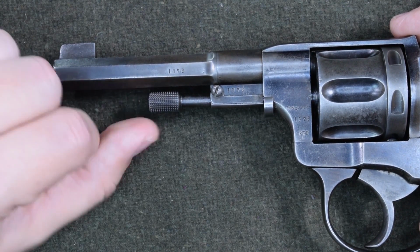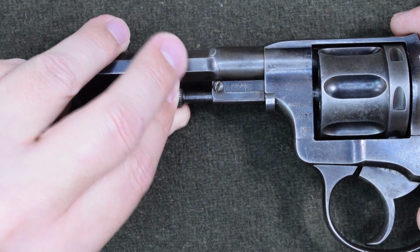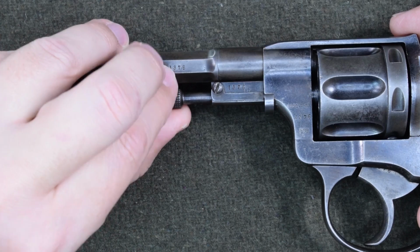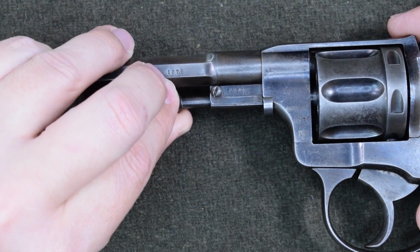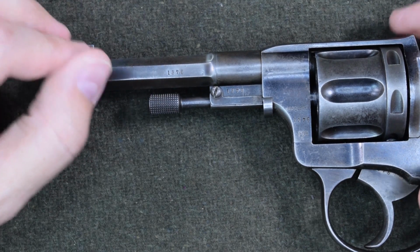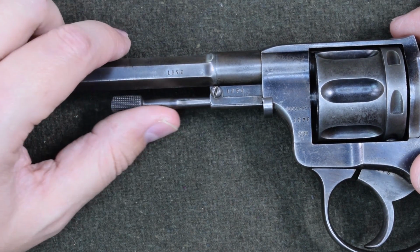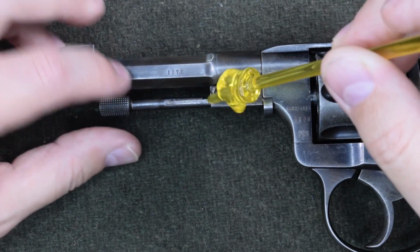It's a lot easier to use, which is necessary because we now need to actually rotate this counterclockwise until we get into a little dip. As a matter of fact, if you watch the spring very carefully, you can see that spring rising and falling. It clicks in a little bit better in this position. Once it does, we can pull out and we'll see, yep, we still have that linear channel, and yet right